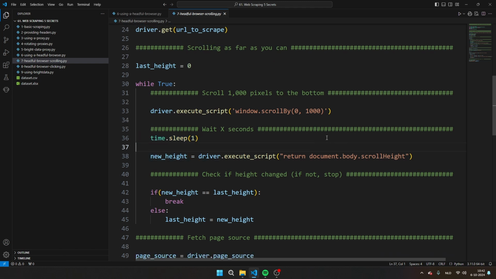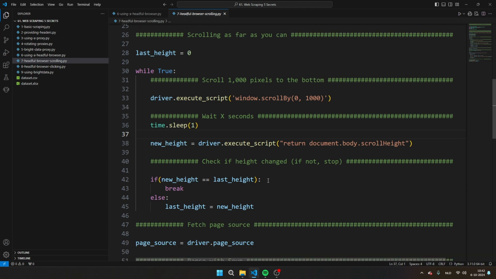So the browser has a height which in the beginning is something like, I'm just making this up, 1000 pixels, for example. And if we scroll down, it's for example 2000 pixels. So how do we know when we stop? As soon as the new height is the same as the height that we've seen earlier, then the browser is